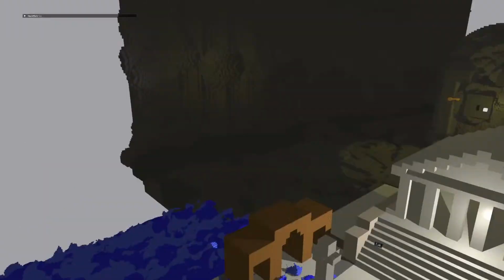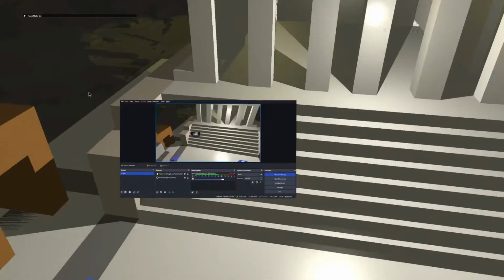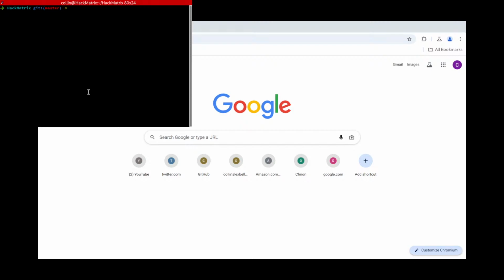Let me see if I can connect to the server. Why can't I kill this?